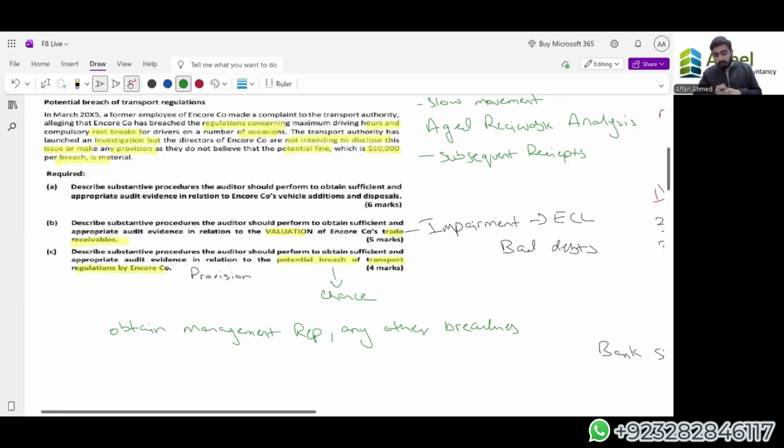So the ideology is, I'm repeating it again, write specific points. Go for action, source, and purpose. First, focus on IAS and IFRS, then go for generalized points. Generalized points means legal areas, rights and obligations, physical verification, other things like that. Go for the weaker points at the end. Show off your skills to the examiner and be specific to the scenario. The more specific you are to the scenario, the more calculation based and accounting based you write your substantive procedures, the better they are in nature.